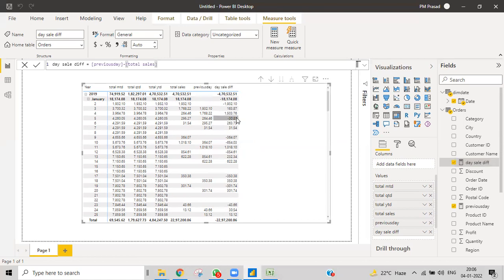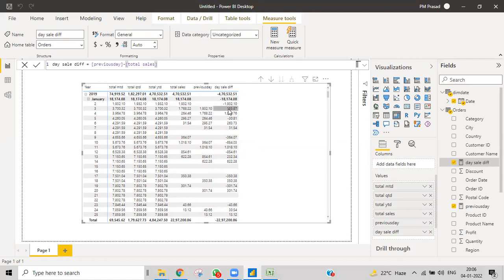You can see the difference: whenever it has increased compared to the previous day, it is positive. Here it decreased: yesterday's sales were 19 and today's sales were 17.